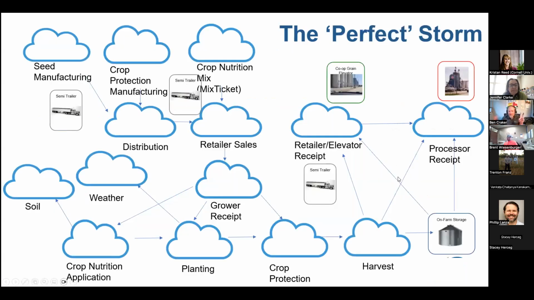So we call this the perfect storm. We got all these different clouds out there trying to connect all this data to figure out, everybody wants to know where the wheat came from in their bread, and that is really tough to figure out when you get to dealing with commodities. If you ignore the whole commingling, where you've just dumped three counties' worth of grain into one bin,